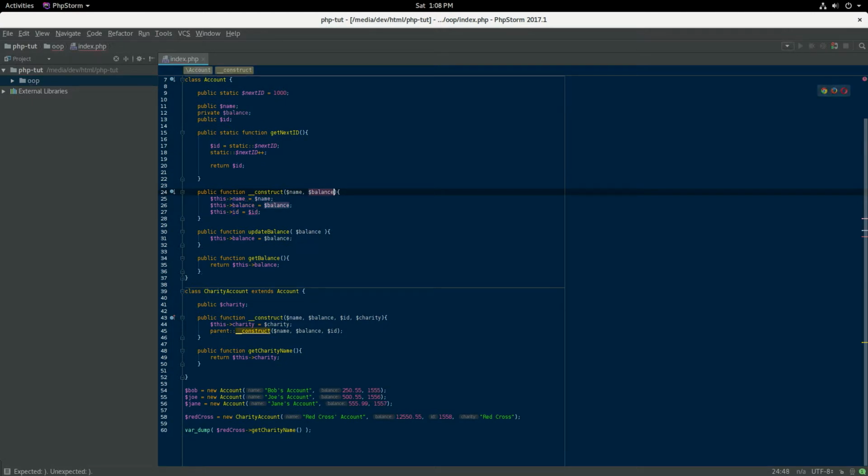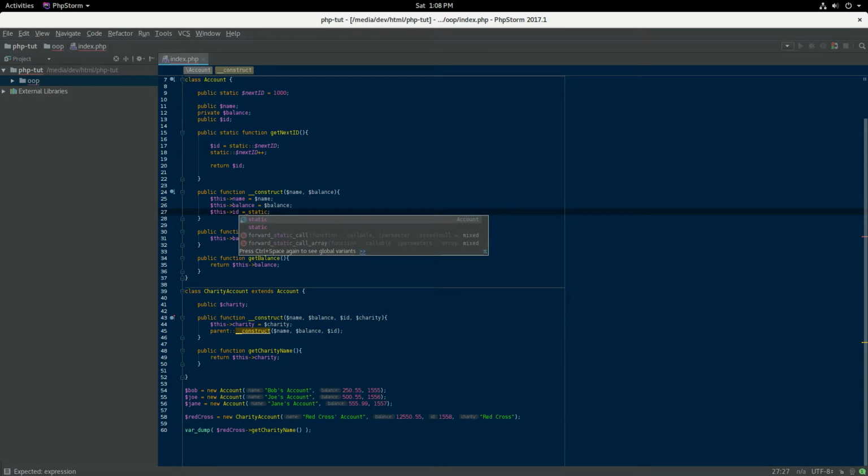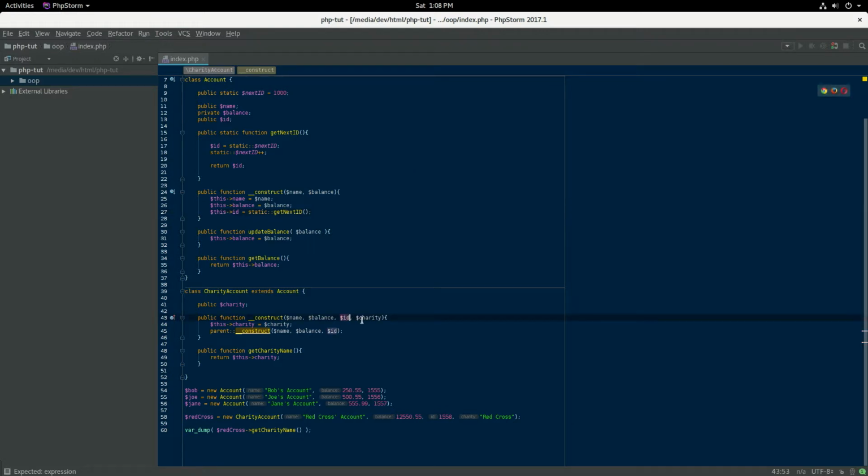So let's remove the ID. And instead of setting the ID to the attribute, we want to call the getNextID function. So to do this, we call static and then the getNextID function. And then down here we need to modify the construct function in our charity account so that it no longer